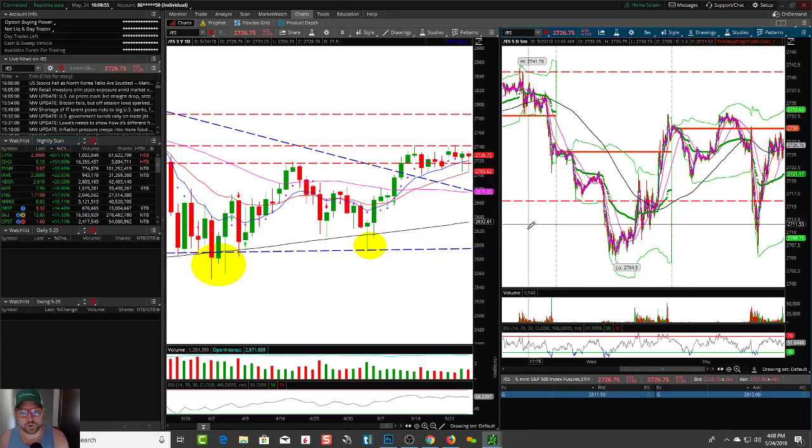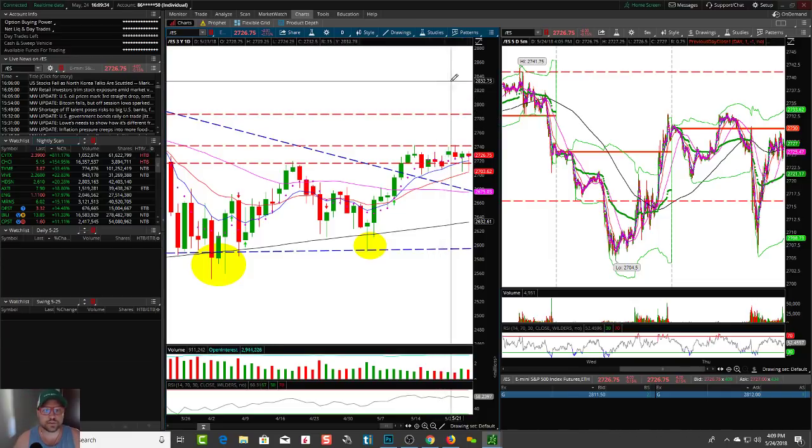5 minutes gives you more patterns. 1 minutes a lot of times give you more volatility. But sometimes if you're a 5-minute trader and you're waiting for a 5-minute setup, you might not get it, right? You might only be able to trade the 1 minute. And sometimes if you're a 1-minute trader, you might get out or miss an entry or an exit based upon not looking at the patterns or the setups on a 5-minute, right? But still, at the end of the day, everything that matters is support and resistance. No matter what time frame you're trading on, support and resistance and patterns are incredibly important, right?